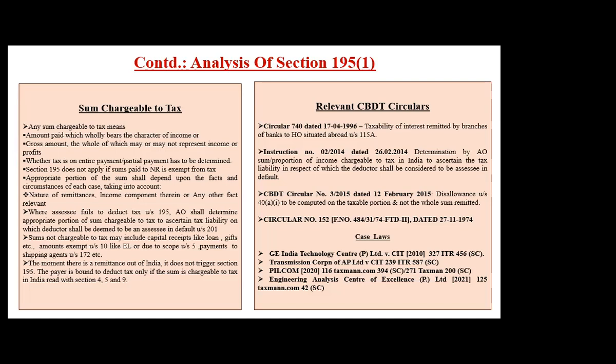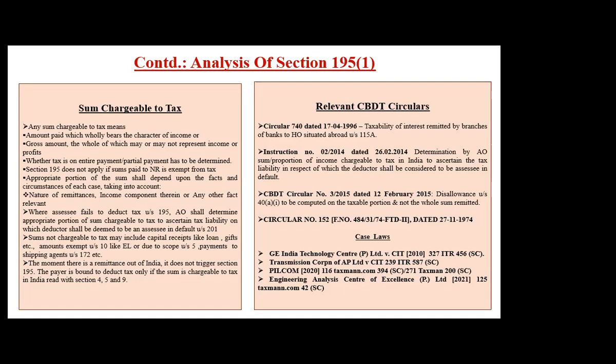Chargeability will be seen both in reference to the Income Tax Act as well as the DTAA. But the primary section, first chargeability has to be seen only through income tax. DTAA comes into play later on. Chargeability always comes from income tax. So if something is not chargeable, there is no TDS; if something is chargeable, there is TDS. Basically sections 4, 5, 6, and 9. If that comes into play, then only we go to section 90. We are not going to section 90 before that. If something is not chargeable, if it is out of ambit, then we are automatically out of ambit.